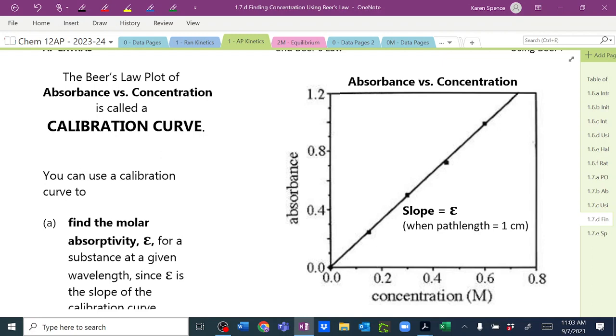You can also use it to find the molar absorptivity constant, which is where we were going all along with this, because I forget who it was who asked about it, but we wanted to know about the molar absorptivity constant. How do we get that number? We get it from the slope of the calibration curve. Okay? And we don't have to do anything fancy with it because our path length,